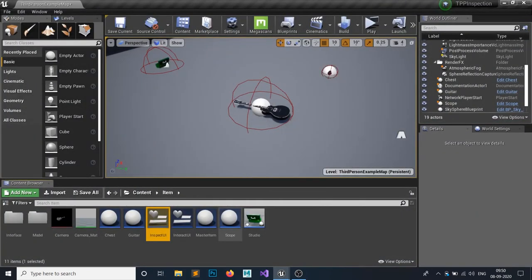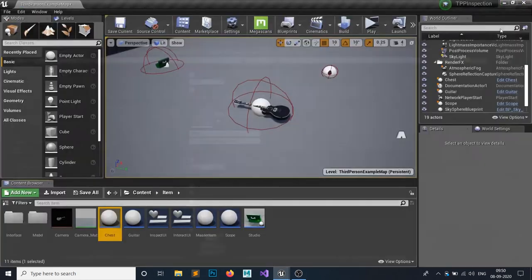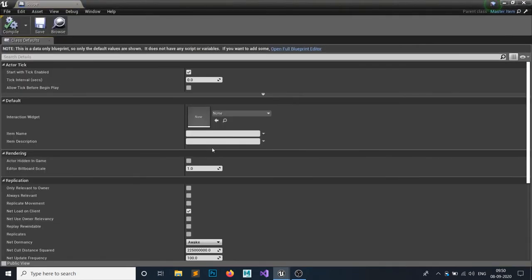Okay, we haven't set the chest, so make the item name of chest to chest, make the item description, so this is our queen's chest. And for our scope, let's make item name to 6x scope, used in snipers and rifles.